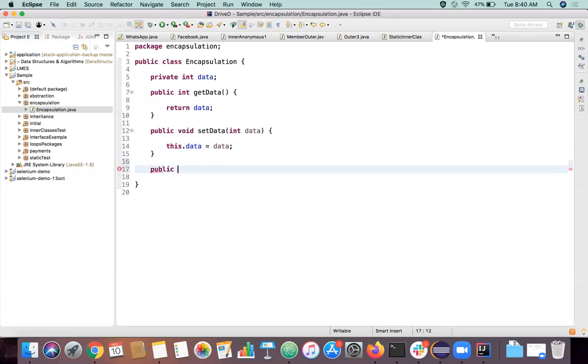I can create a main method here. I'm creating an object for this.